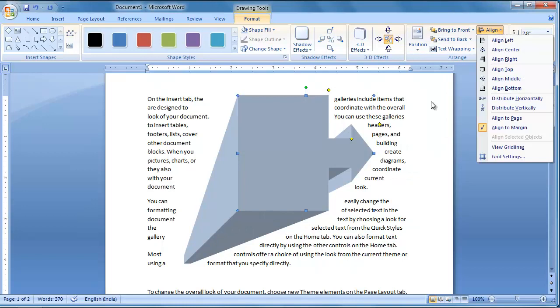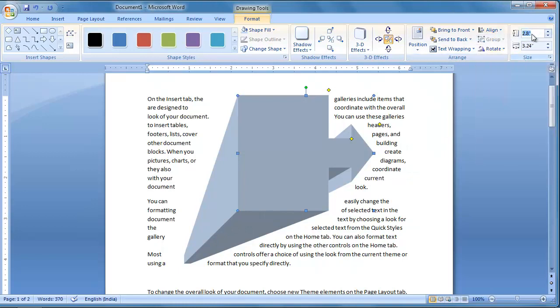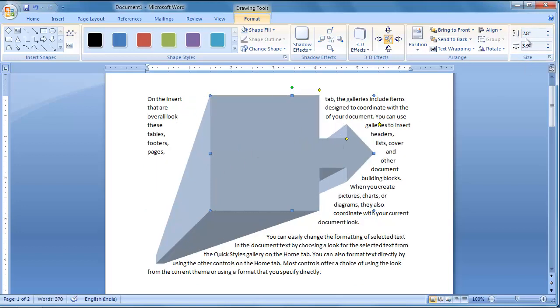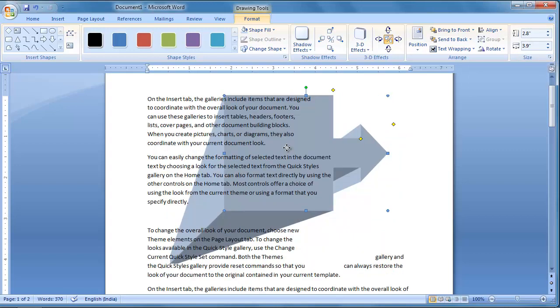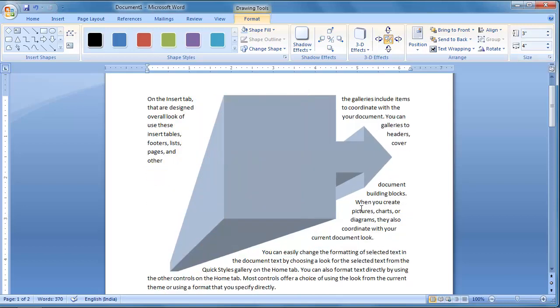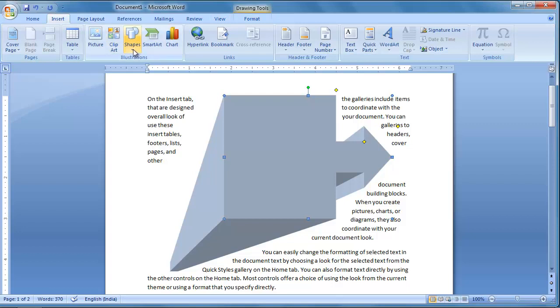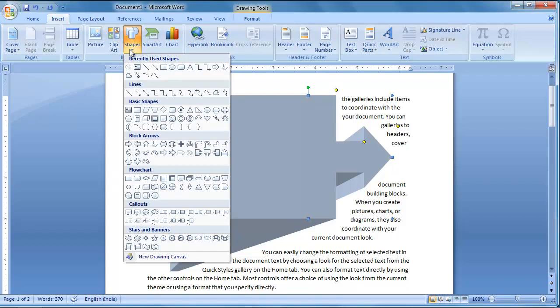These are simple alignment and rotate, and we can also change the width and height. If you click and drag like this, we can also increase the width and height, or give the precise width and height. Suppose I want 4 width and 3 height, 3 height and 4 width I am giving, for example. We can also give here. We are having some more options here.